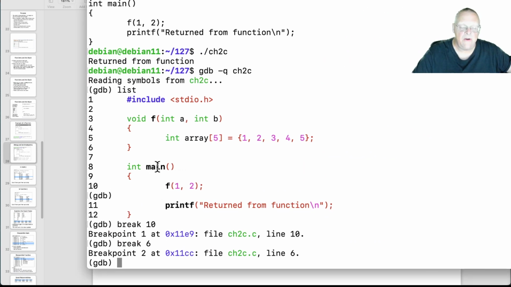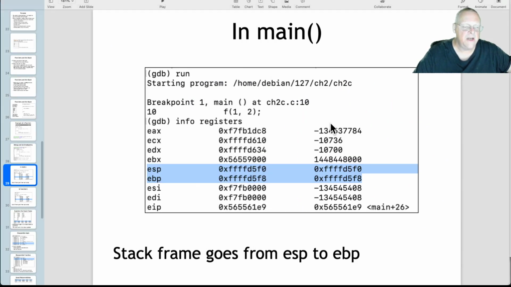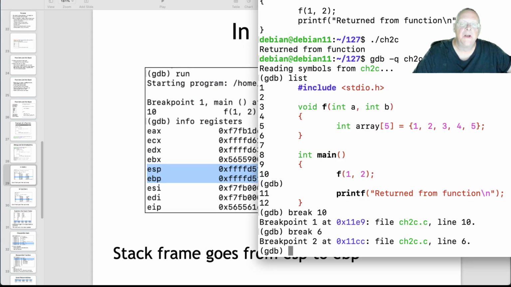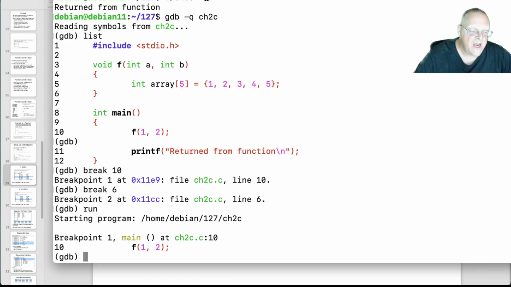So main will start, C programs always start at main. It's going to get ready to run the function and break. Then when I continue, it's going to go into the function, reserve the array, and get ready to come back and break again. So we're going to run it and look at the registers. So first we run it. Okay, now it is in main. It's right here. So if you look at the registers with info registers,